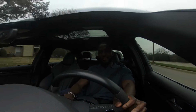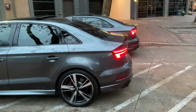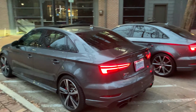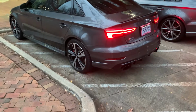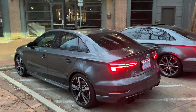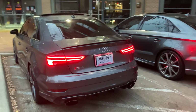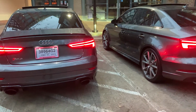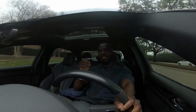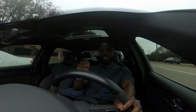Well, if you guys haven't been in the market or been aware of what's going on in the car world, there's inflation going on. More on that later. So the 2022 RS3 is coming out. Well, in the US, it's going to come out sometime next year, hopefully. It's been out in Europe, and maybe some other places in the United States might have gotten it as far as the S3 goes, and RS3s maybe, but it's still in production for US units that dealerships probably